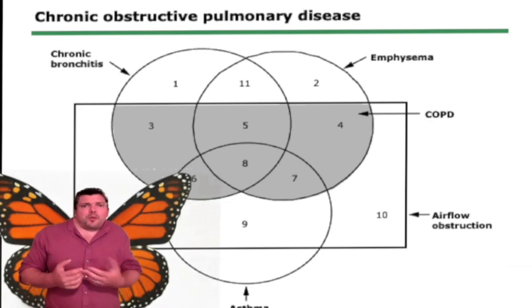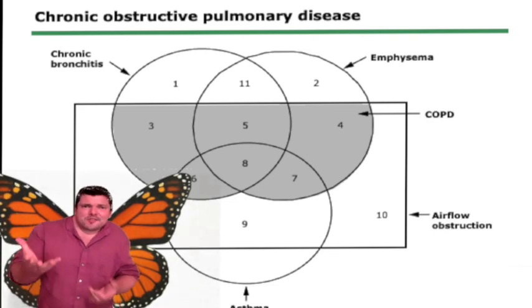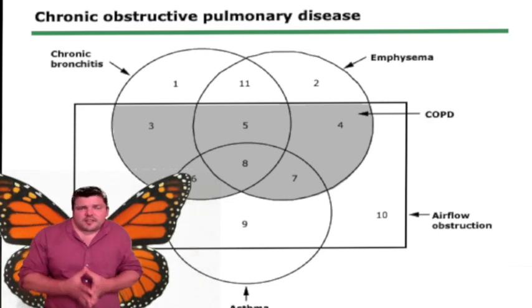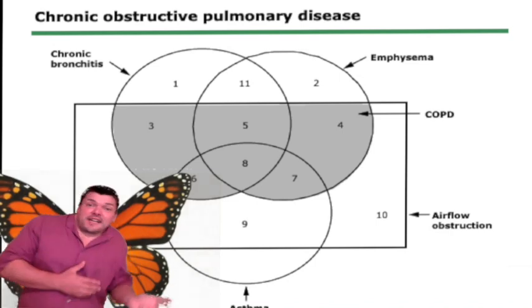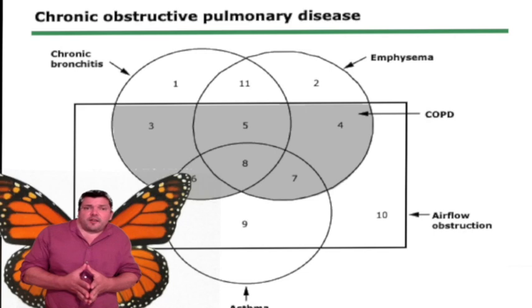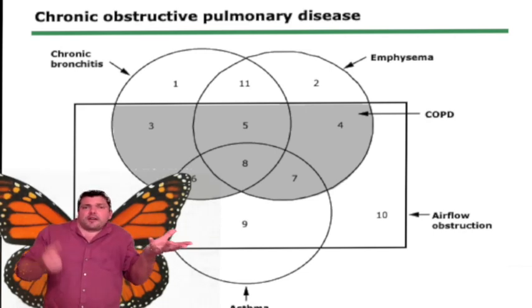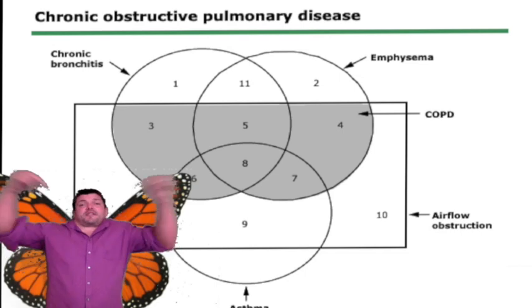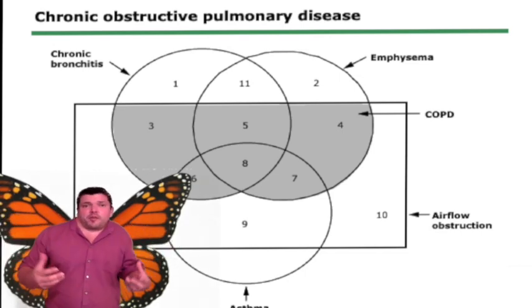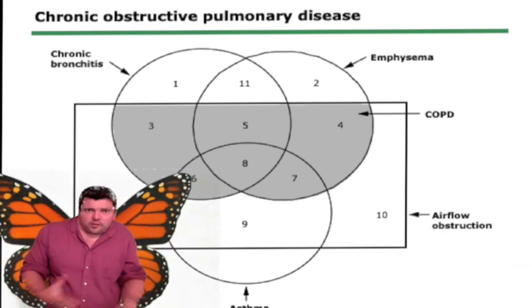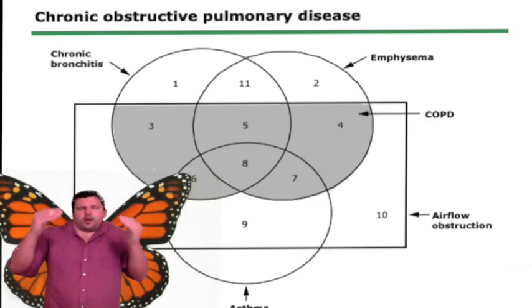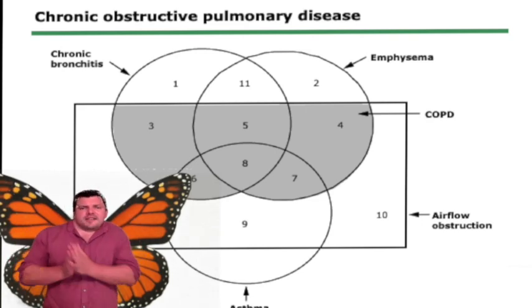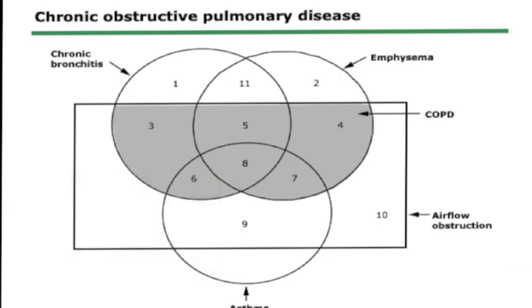For example, a patient could have asthma and chronic bronchitis, but not emphysema, and develop COPD. A patient could have just chronic bronchitis and not eventually develop COPD. There are patients who will have chronic bronchitis and emphysema that will not get COPD, because maybe they take good care of themselves, they're doing other things to prevent progression of their disease into that end-stage disease.